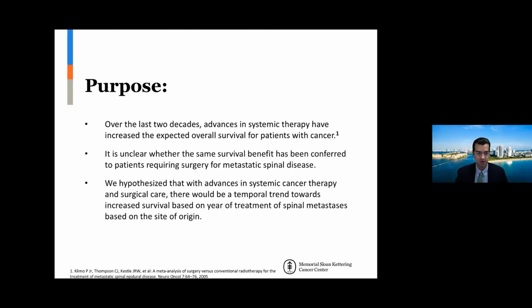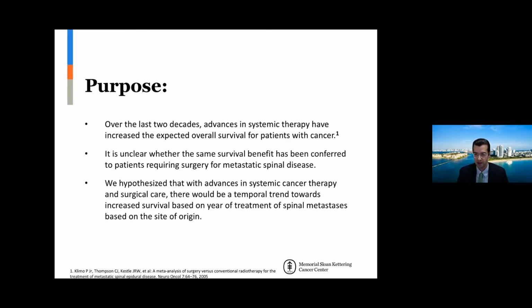So what I'd like to speak about today is that over the last 2 decades, we know that we've had advances in systemic therapies for cancer. We know from other publications that patients are living longer with cancer overall, which is excellent for us as healthcare providers and humanity. But there's a question of whether this same survival benefit has been conferred to patients requiring surgery